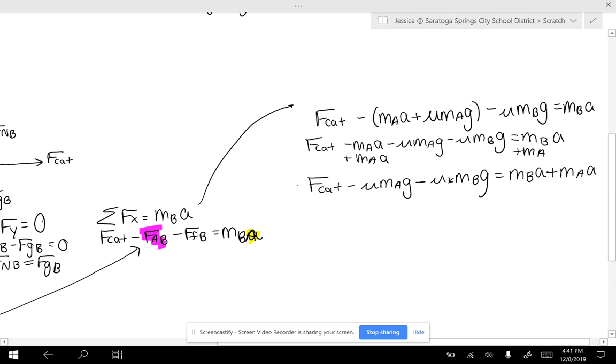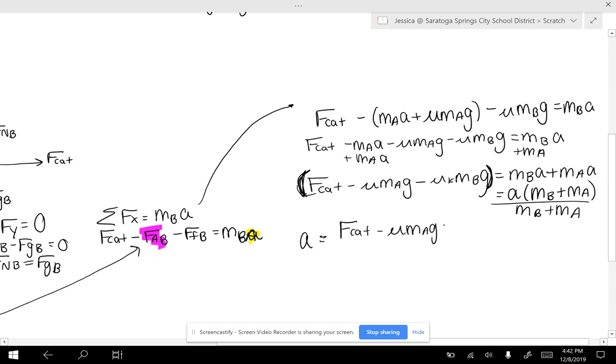as the net force, meaning this whole thing here is the net force, is mass times acceleration. So our net force is the force on the cat minus the two forces of friction. So that FAB force cancels out, which makes sense because they're equal and opposite on both objects. We can factor out an acceleration on the right side, and which then means we need to divide by that total mass. Okay, so our acceleration equation would look like F cat minus mu AG minus mu BG